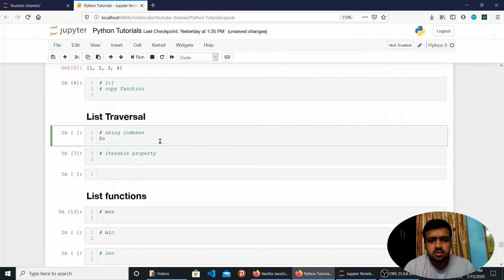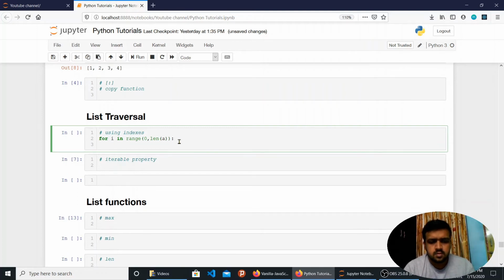So I will use for. I will take the iterator variable as i in, and I will use the range function. We'll start from 0 and the length of a, or whatever your list is. So then I will use print, and I will